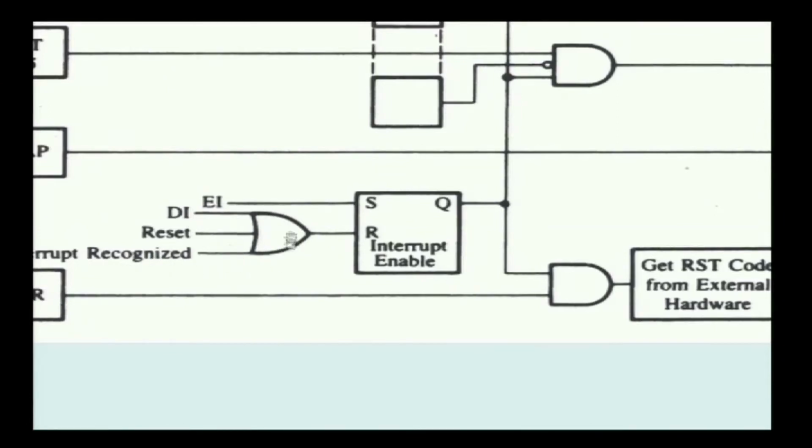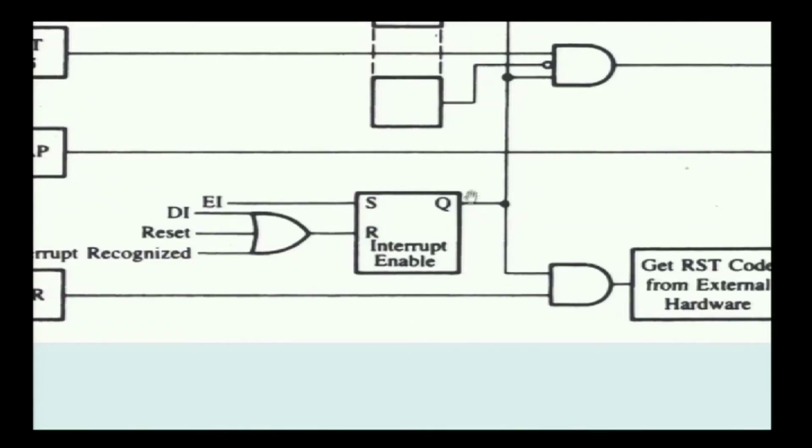If any one of the signals is active, it is considered, which is why we are connecting them as an OR gate. If any one of the signals is active, then the Q signal will be 1. This is an RS flip flop. In the RS flip flop, S is 1 and R is 0 means the Q value is 1, that is the set state, and it will enable the flip flop. If S is 0 and R is 1, this is the reset state.